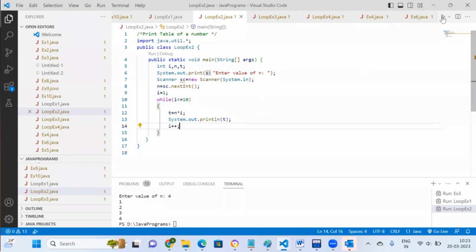So I'll run the program. It is asking for a number. I enter 5, so it is printing the value. You can see 5, 10, 15 up to 50. If I enter another,